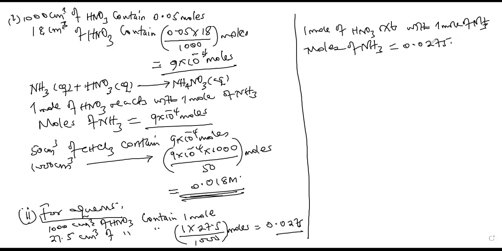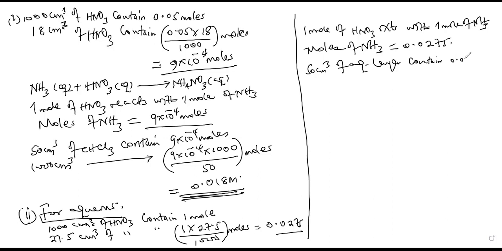But they told us initially that 25 cubic centimeters of ammonia solution was added to 25 cubic centimeters of aqueous solution of metal ions, making the total aqueous solution volume 50. So I shall say 50 cubic centimeters of aqueous layer